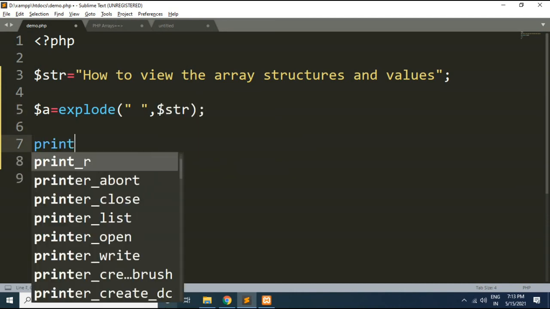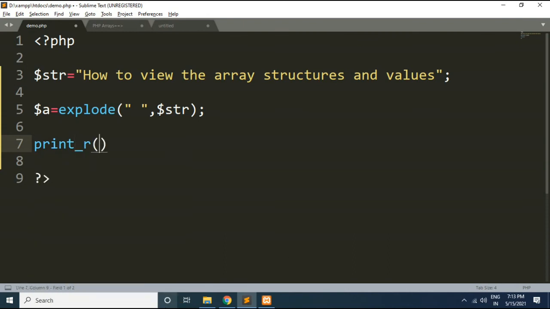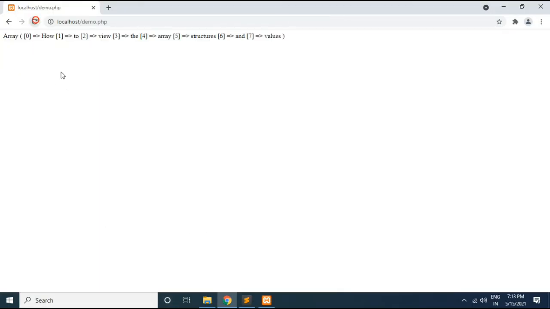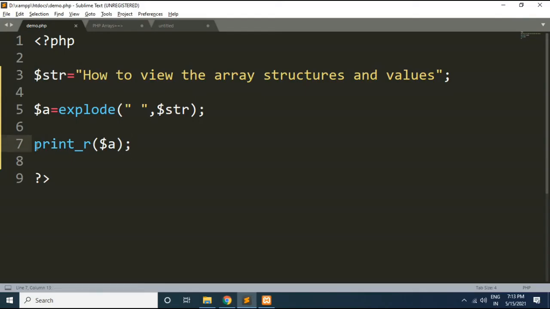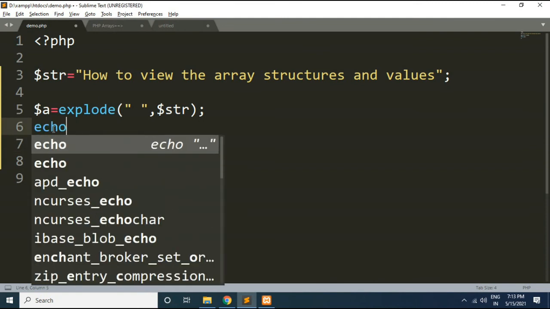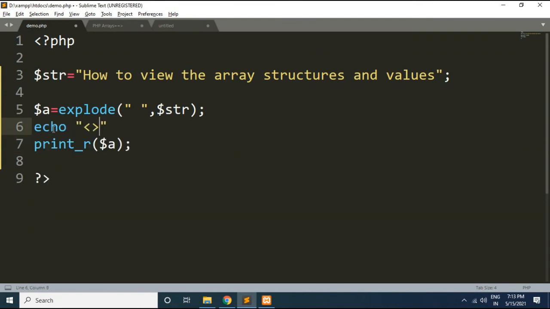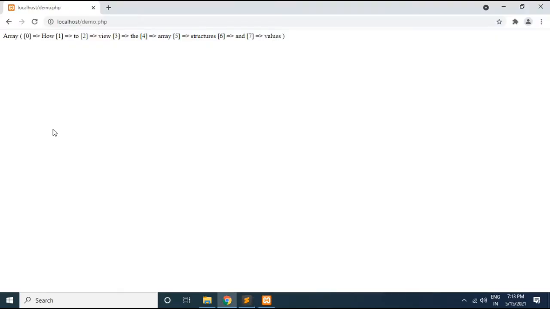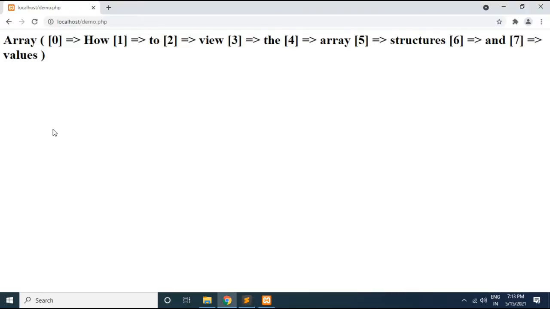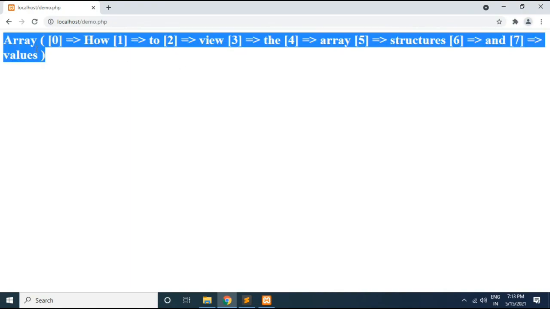Now if I print the array elements, let's say $a. Okay, so if you go to browser and refresh, I will use h1 here, so we will be able to see, you can see the string is divided into array elements like this.